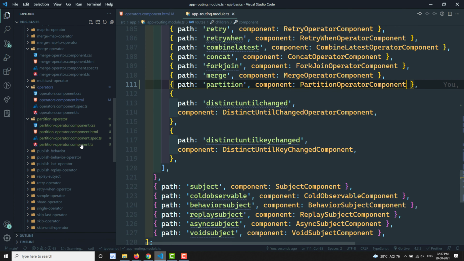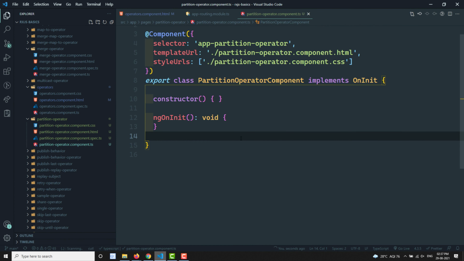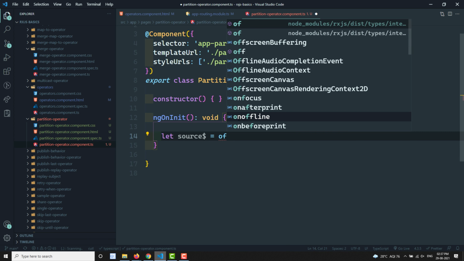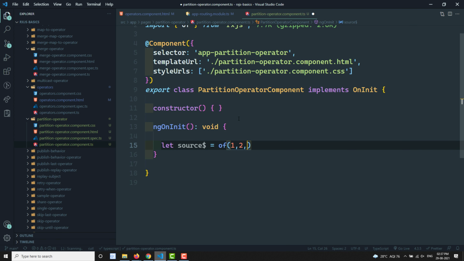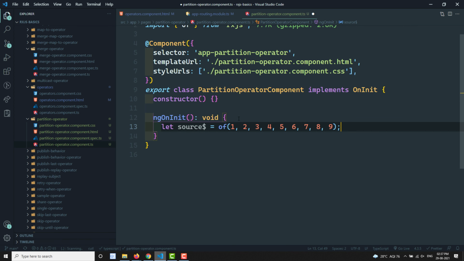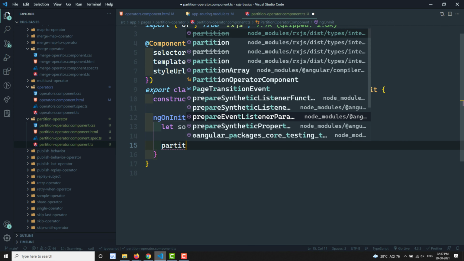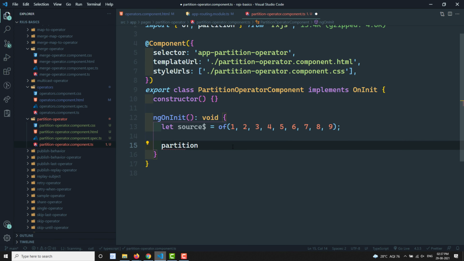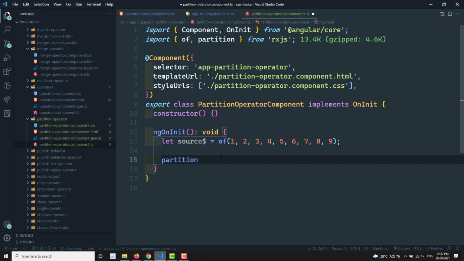If I open this one, we have a source observable. Let source$ be an observable of the same thing: 1 2 3 4 5 6 7 8 9. Now what I want to do is apply a partition to this one. Partition should be imported from RxJS, not from RxJS/operators.